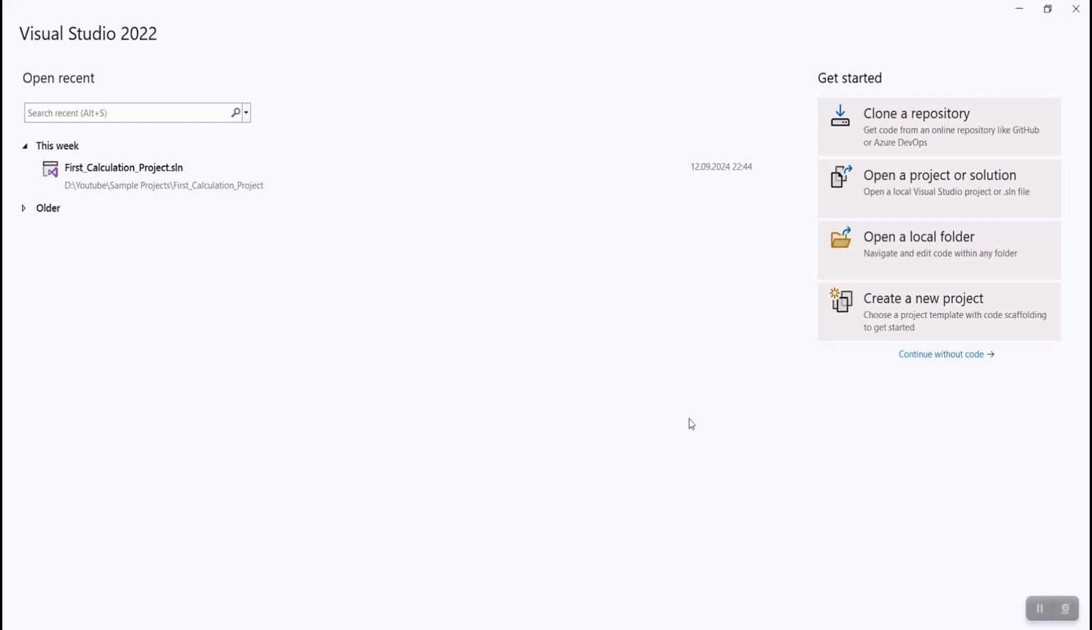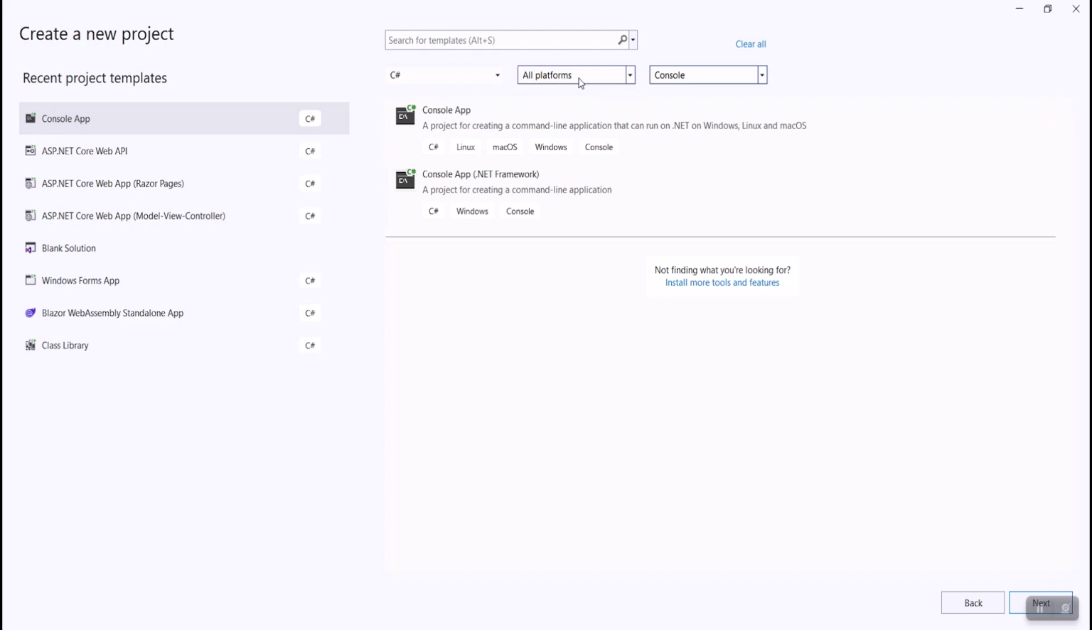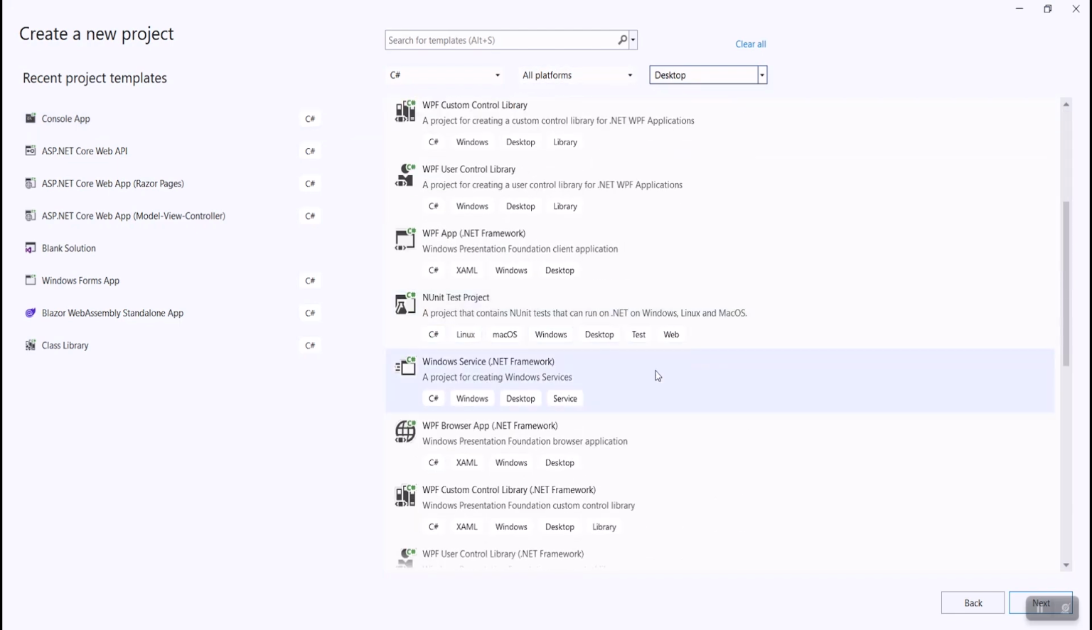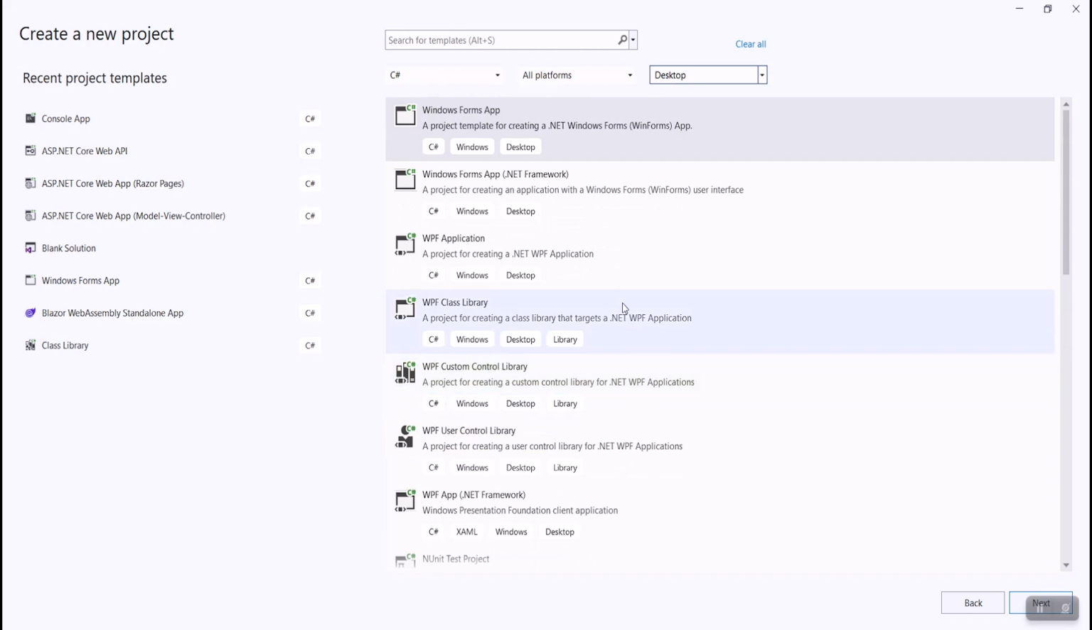Hello guys, in this video I want to show you how you can create a new Windows project application in Visual Studio. Click create a new project. In the top filters we select desktop. As you see, we can create a bunch of projects with Visual Studio, but for now we needed just Windows